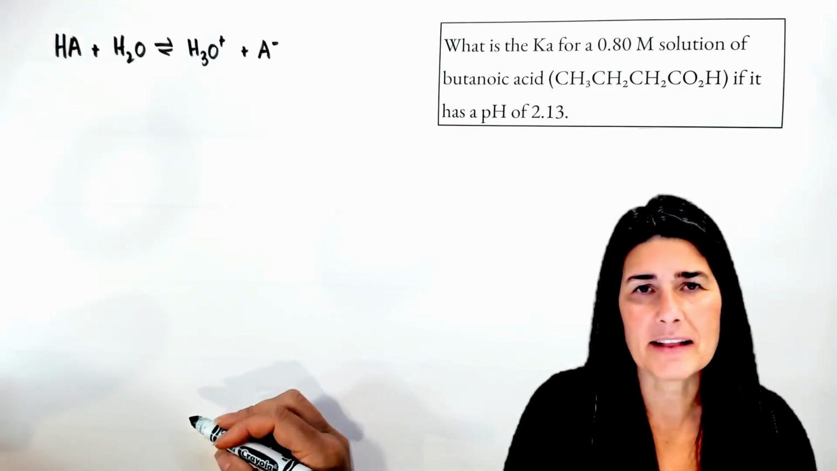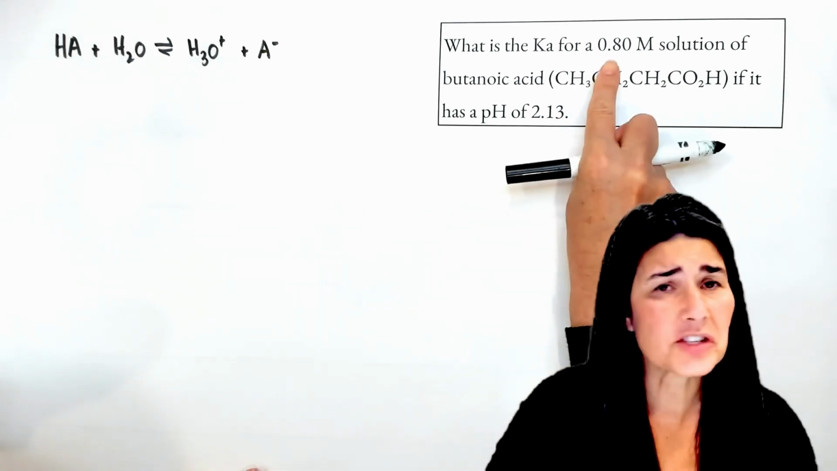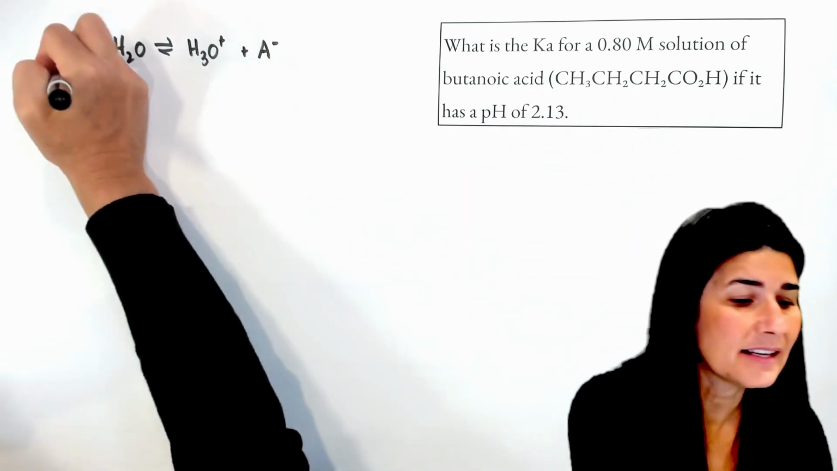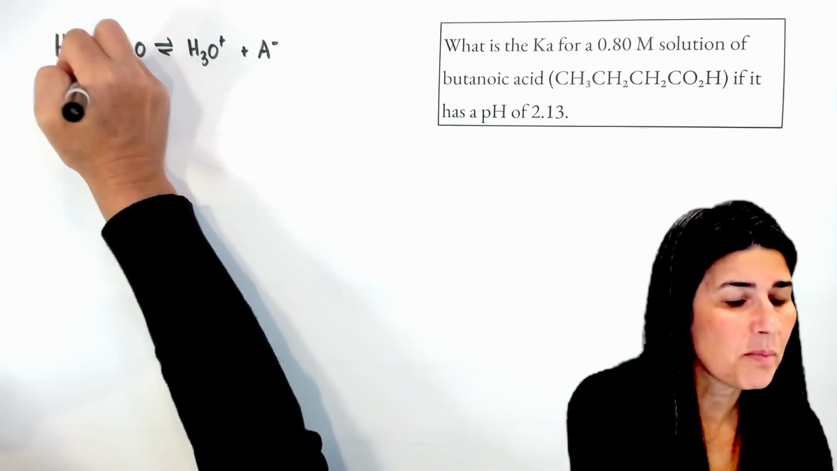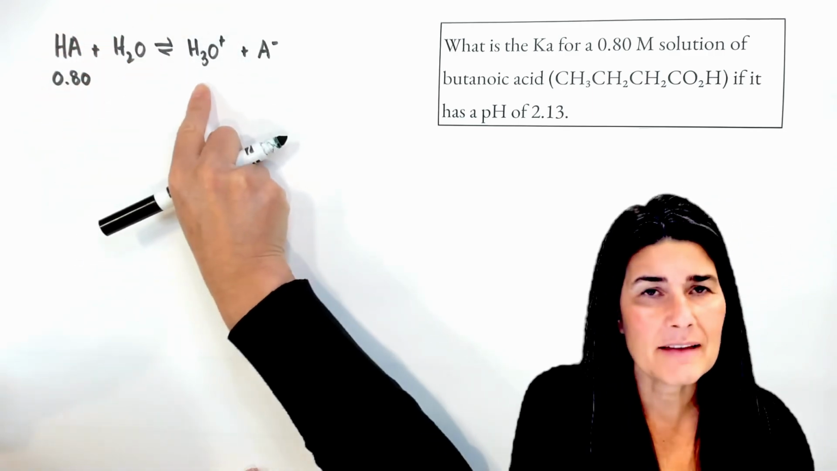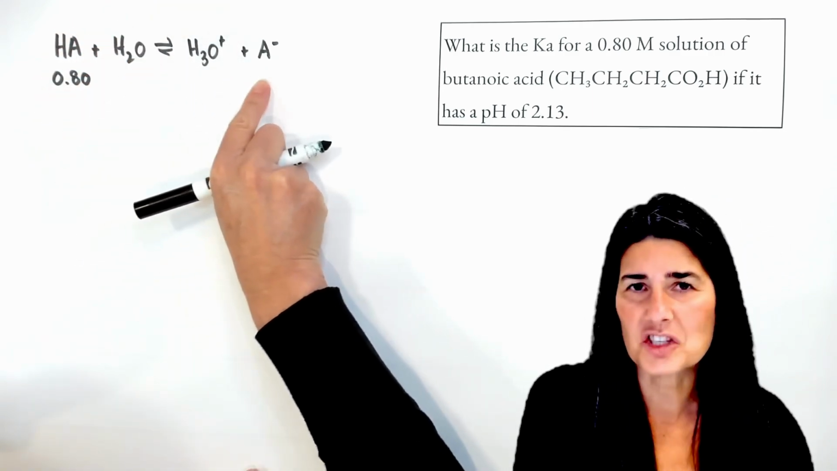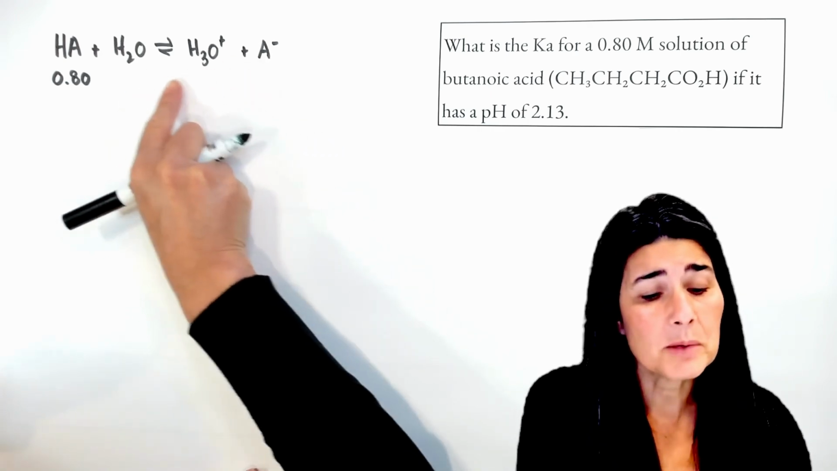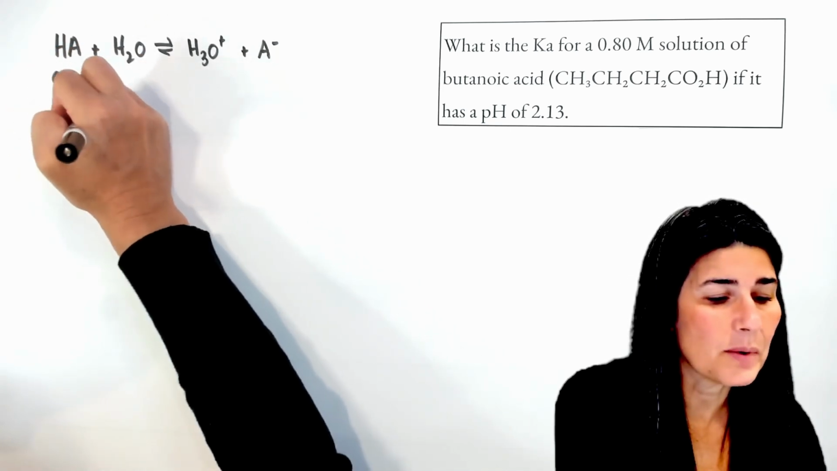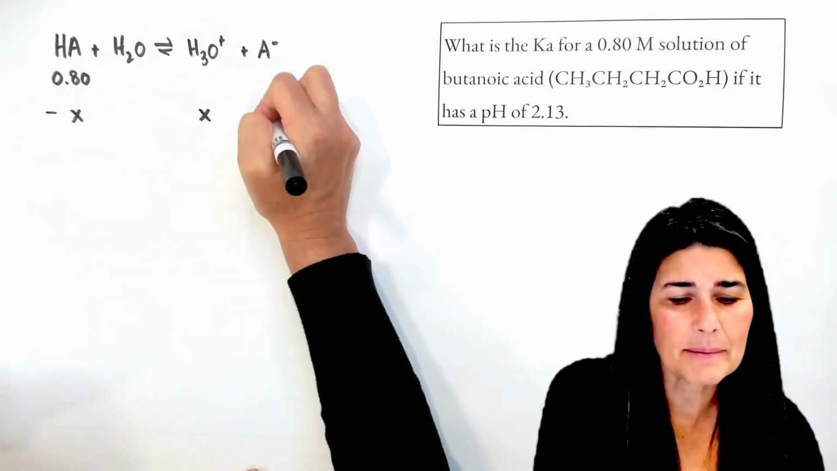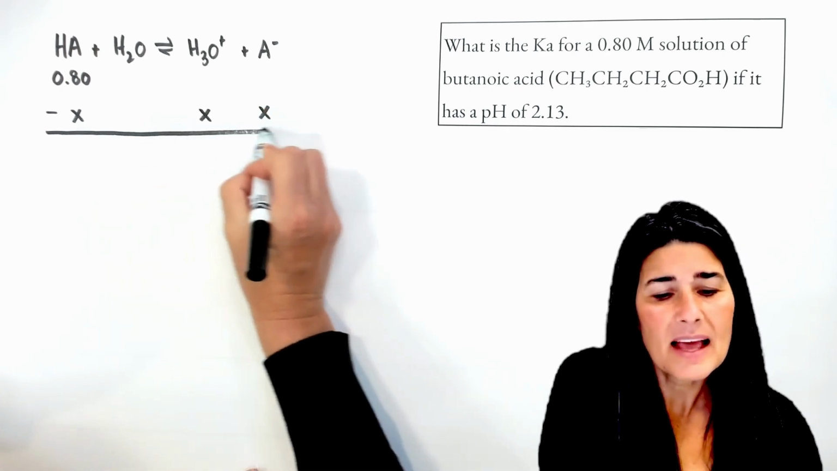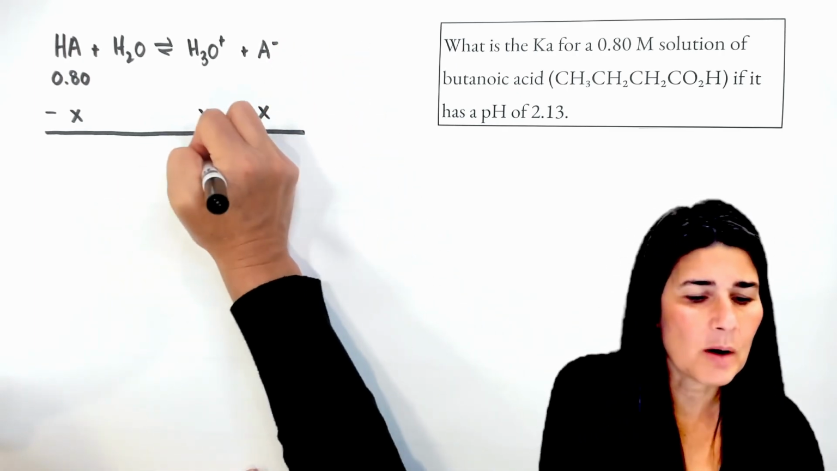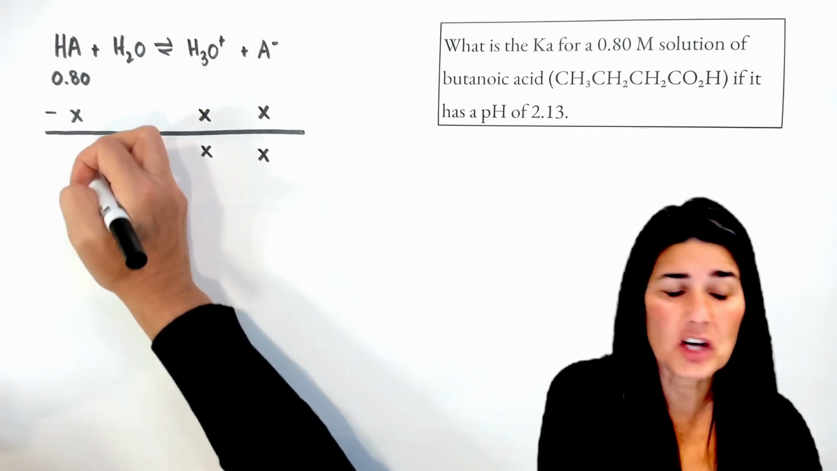Now let's fill out our ICE table. We're going to start off with a 0.80 molar solution of this acid, so the initial value is 0.80. I don't have any substantial hydronium or conjugate base right now in my solution. These are essentially 0. So I'm going to move in the forward direction. I'm going to take away X, add X, and add X. At equilibrium, the A- will be X, the hydronium will be X, and our HA value is